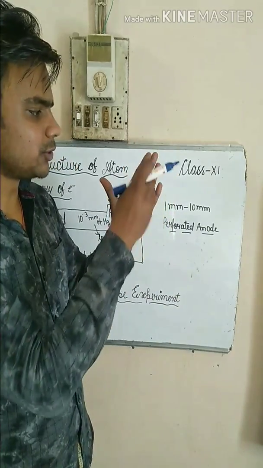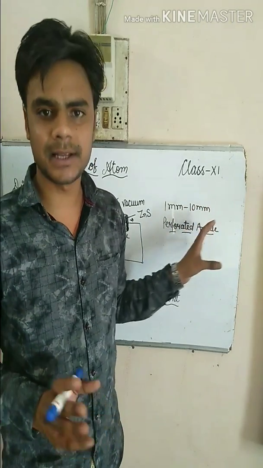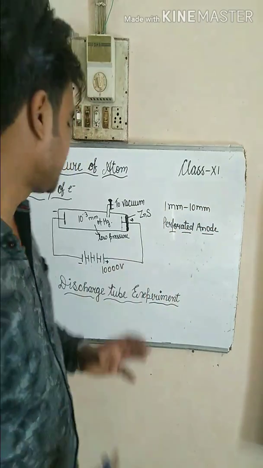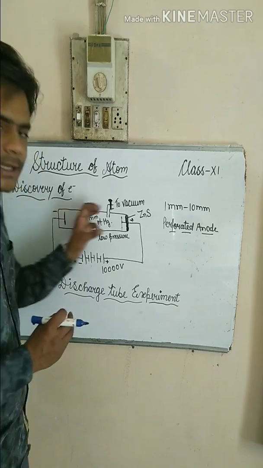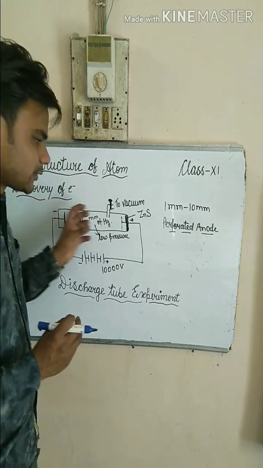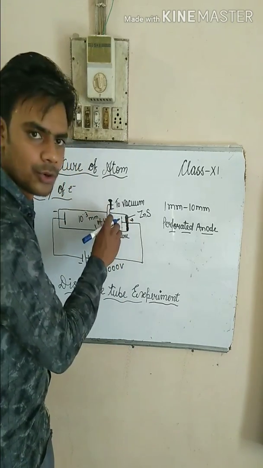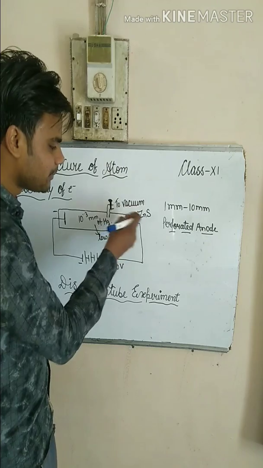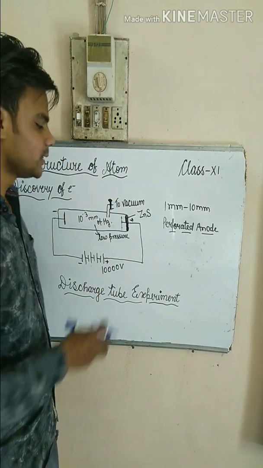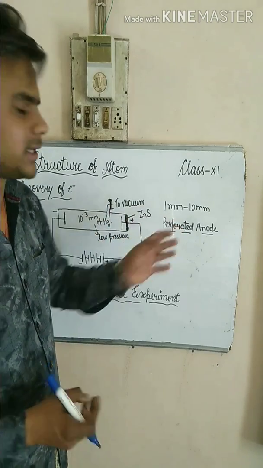Between the rods some holes are there. Now why are these holes made, my dear students? These holes are made because if any rays pass through the cathode, then they will easily pass through the holes of the anode to the back of the anode. Now what conclusion we will get from the rays, that also we will see.